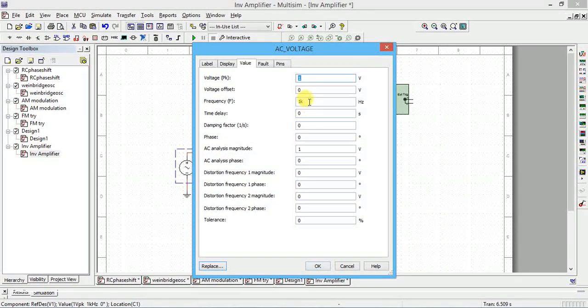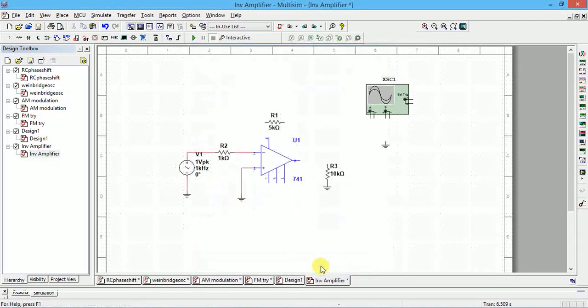The frequency is set to 1 kilohertz; you can write 1k or 1000. So the AC signal voltage source is 1 volt peak, 1 kilohertz, and its negative terminal is connected to the ground. Pin number 6 is the output.